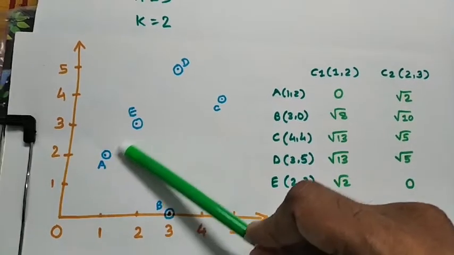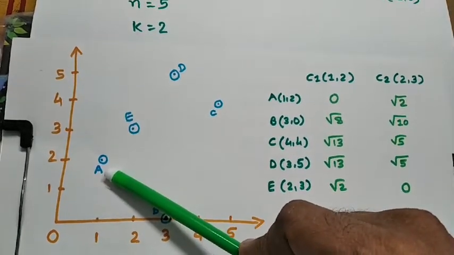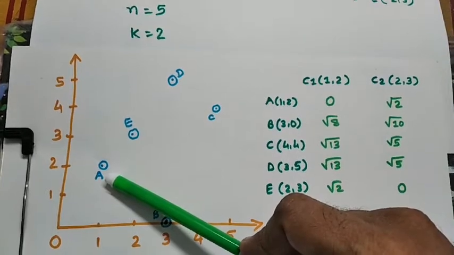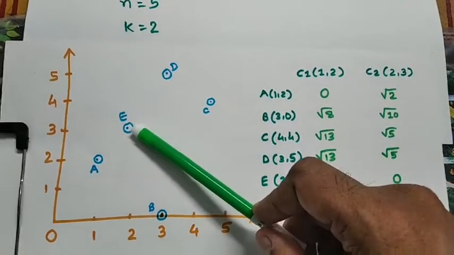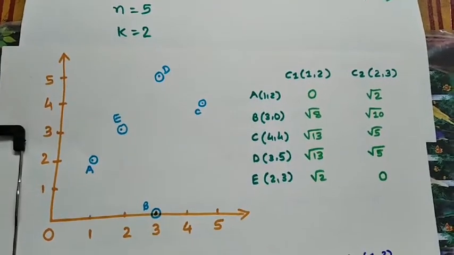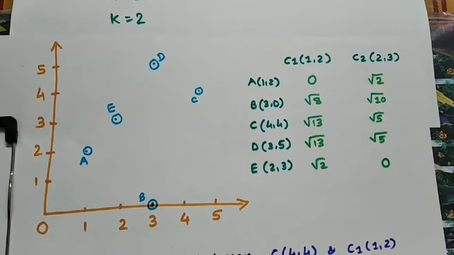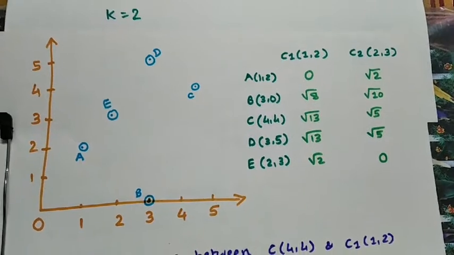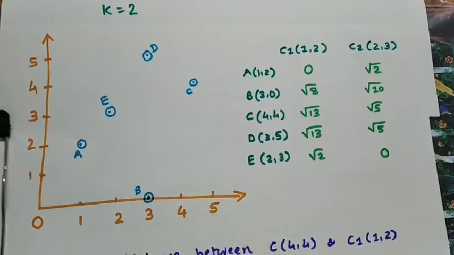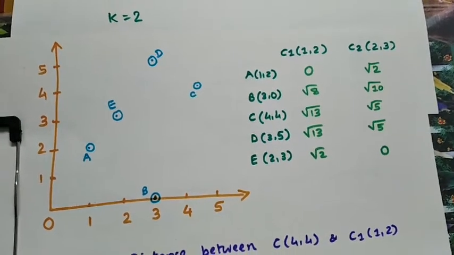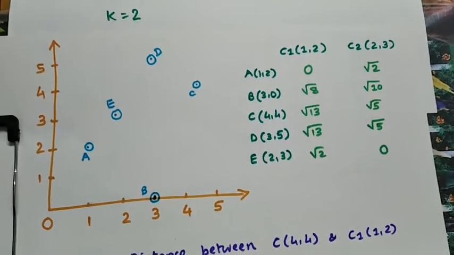We do not know whether it is a good choice or not, because your algorithm will be proceeding based on your choice, right? A good choice may lead to the answer very quickly, a bad choice may delay the answer. So convergence may be affected depending on the choice of your seed values. Let us try to proceed with these choices.